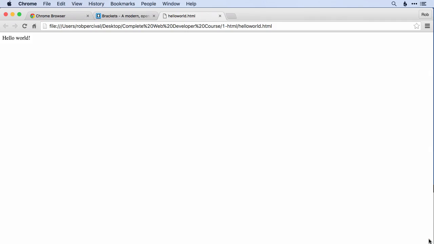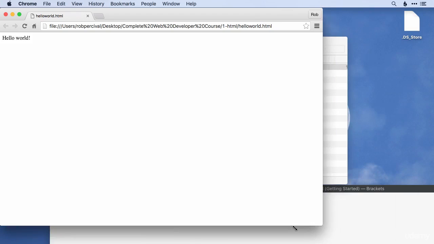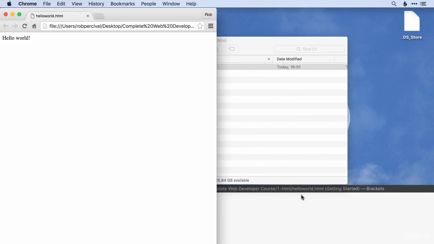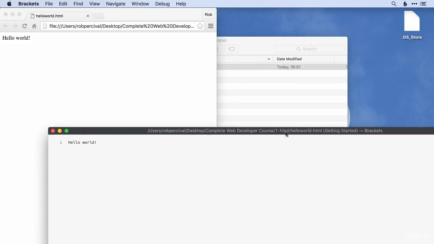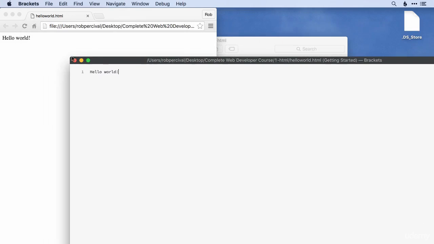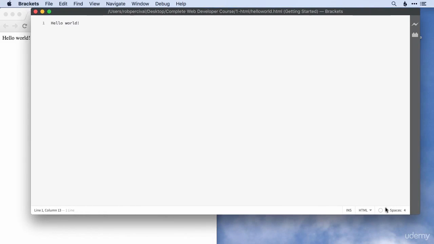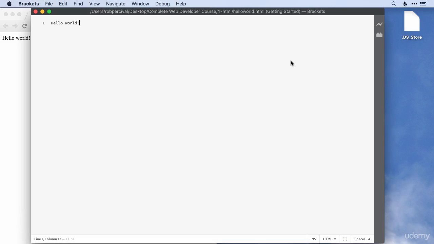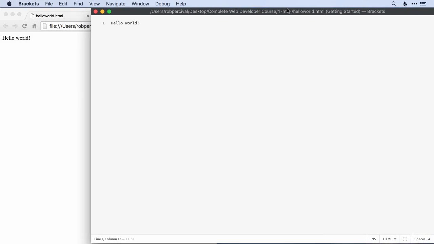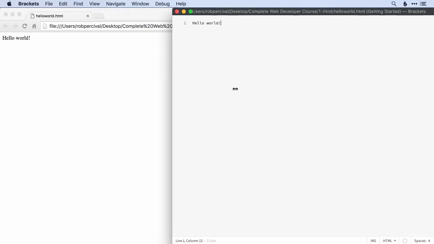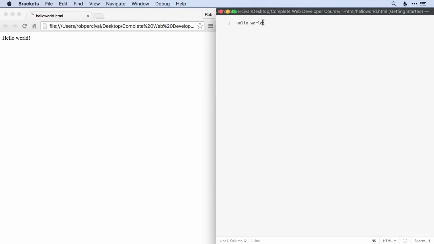Now we're just going to set ourselves up for the rest of the course, in which we're going to be using a split screen setup. So you just need to resize your windows so that we've got the browser on the left and the code editor on the right. You can do this automatically, I think, but I quite like doing it manually to make sure everything is set up exactly as I want it. And then the great thing about having two programs like this side by side is that we can change our text editor